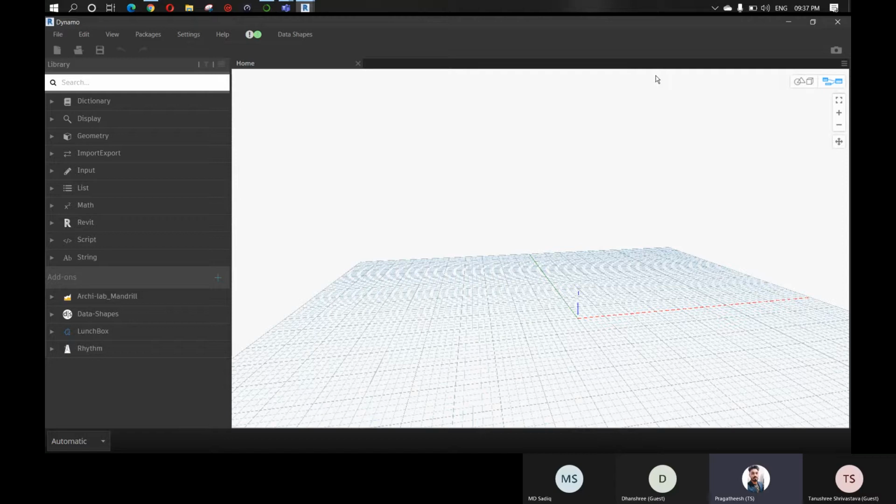When you're working with Revit or AutoCAD or any other CAD software, if you select more than one object or element and change something about them all at the same time, or move them to a different location, or delete them, or change their properties, you may have some experience like that before. But in Dynamo, you can work with lists.